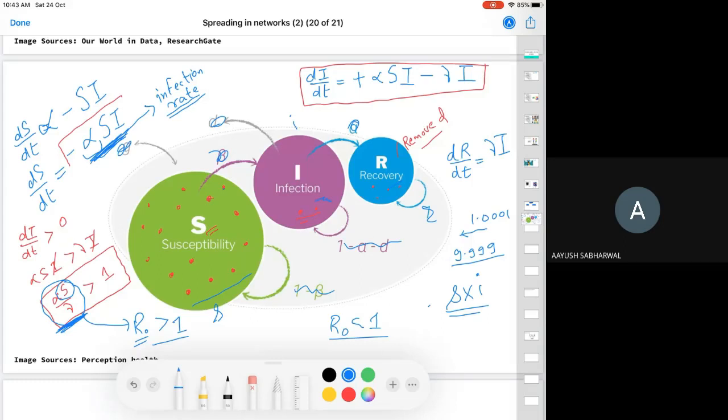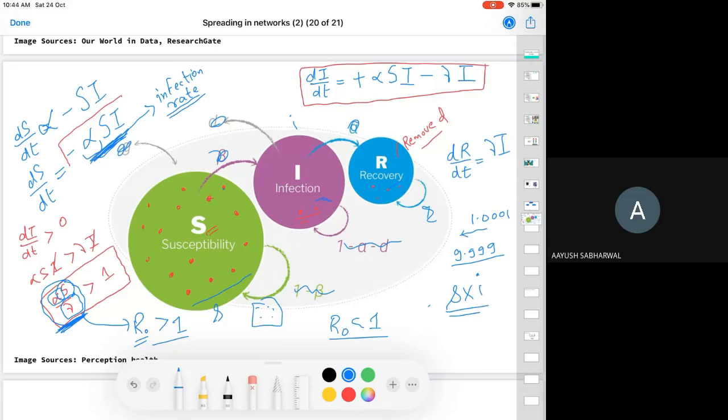So when you quarantine certain people, they move into this chamber, so they cannot be infected further. Or what you can do is decrease the value of alpha here, decrease the infection rate. How can you decrease the infection rate, the rate at which you catch infection? Like they always say, wash your hands, sanitize. So you can reduce the value of alpha. Another way is to increase the value of gamma here. Gamma is the recovery rate.